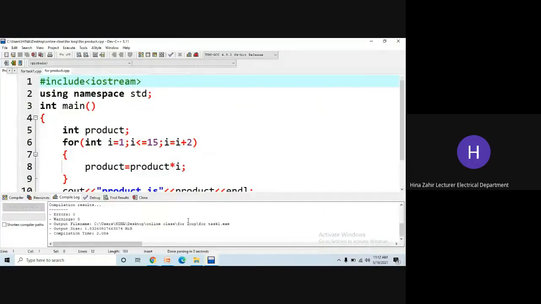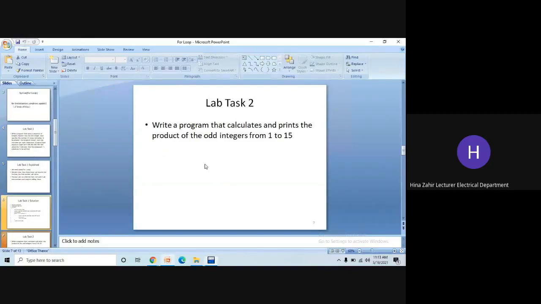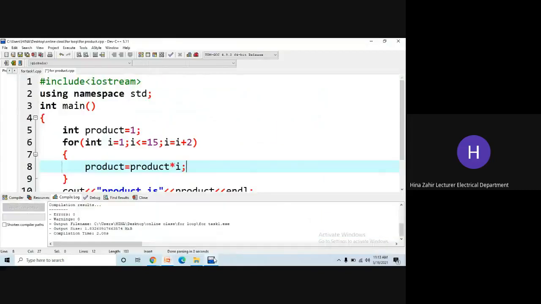Now remember, in product, there is one thing to remember, that whenever you're dealing with products in loops, you have to initialize the variable with 1. ठीक है, इसको आपने 1 से इनिशियलाइज करना है. क्यों, अभी देखते हैं. Now the odd numbers from 1 to 15, we know that 1 is an odd number, then 3 is an odd number, then 5, 7, 9, 11, and 15 with one hop. So we can easily run the loop from 1 to 15 but with 2 hops.